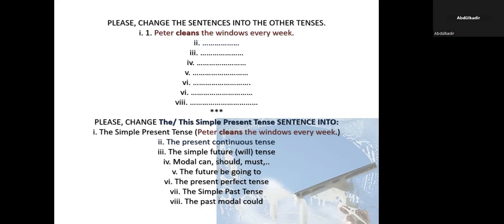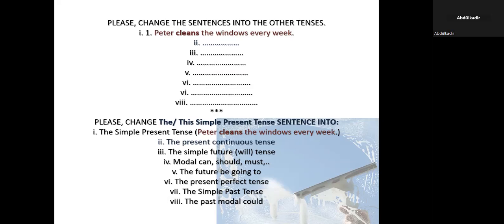Now let's see what we have learned so far about past, present, and future situations. First, let's take a look at the first sentence. The first sentence, Roman number 1, is about present tense. Peter cleans the windows every day. It has a message, a complete meaning in it. We understand it. Peter cleans the windows every day. So it is present tense.